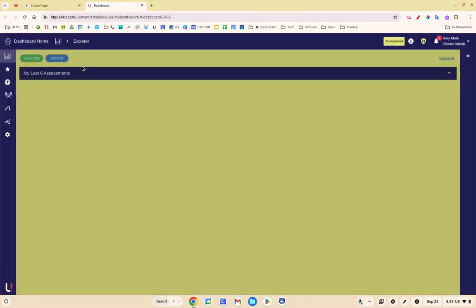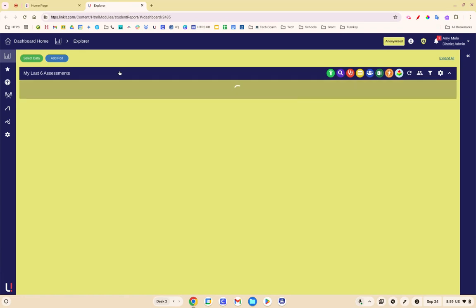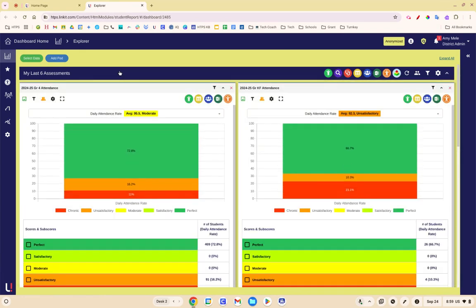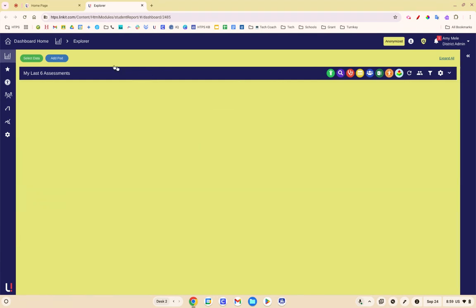The dashboard will look a little different than what you're used to. One thing you'll notice, mine is yellow, I'm anonymized, but yours should have a white background, and this may be expanded, my last 6 assessments. This will be covered in a different video, but for right now we're going to ignore all of these beautiful charts that we see on the screen, and we're going to just look for that green select data button and